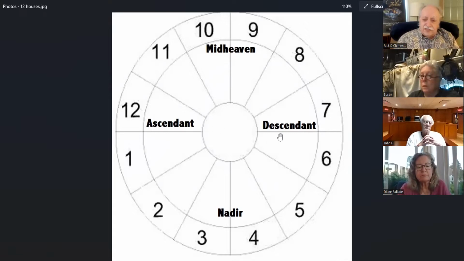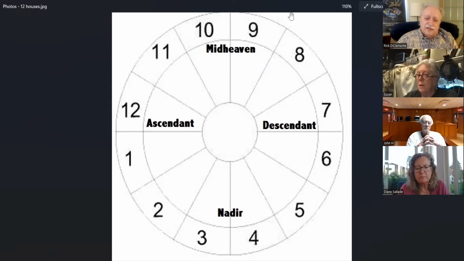The ascendant is this line across. It goes across the first house to the 7th house. Over here, it's called the descendant. The first house begins with the ascendant, and the 7th house begins with the descendant. The first house is about me. The 7th house is about us, me and my marriage, me and my partner. The nadir is the beginning of the 4th house. That's the bottom. The midheaven is at the top. This is the home. This is the career.